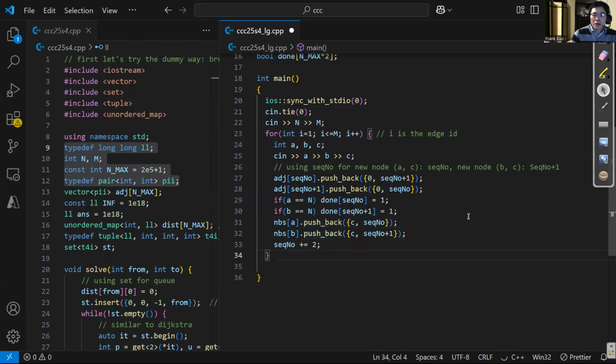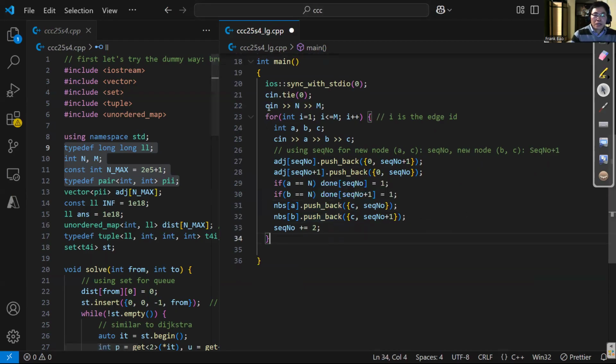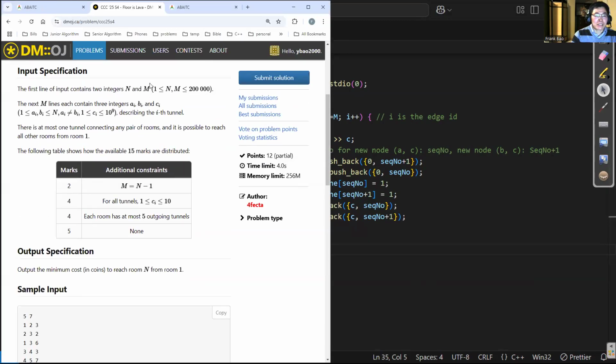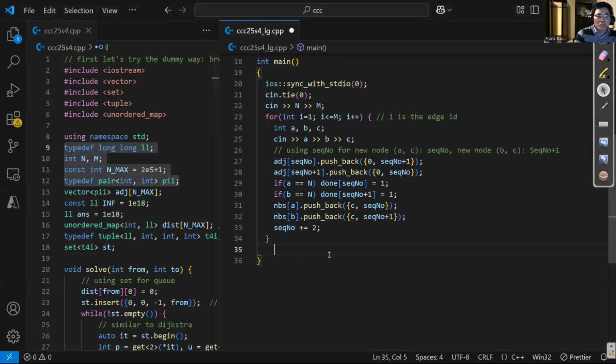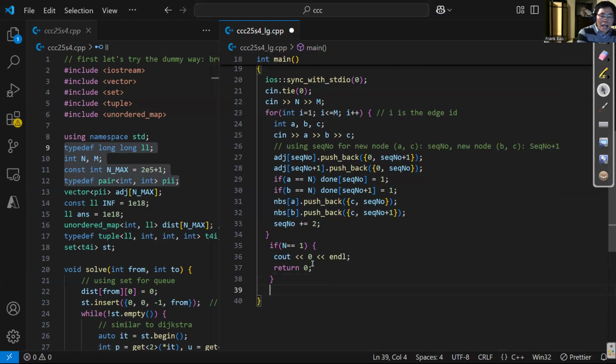Okay, so let's try it. Let's continue. So I hope it's right. Once we are done with that, I think this problem also, I don't know. If you check the original problem, this one says n could be 1. I don't know. So if n equals 1, right? So that just cout 0, right? I don't know. Return 0. So in that case, I don't worry about if it's 1 or not. And then after that,